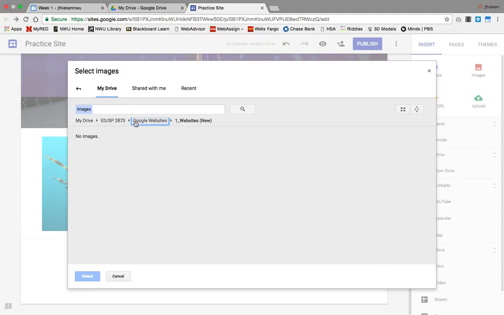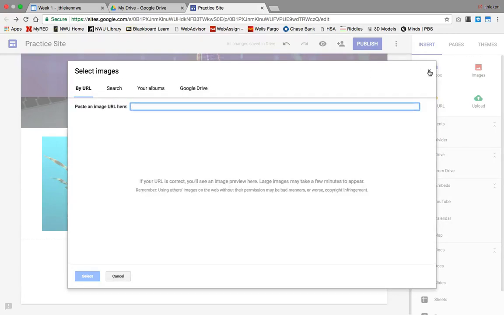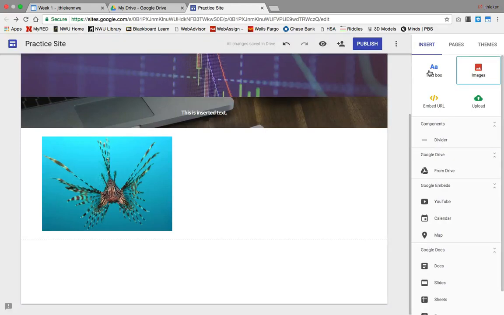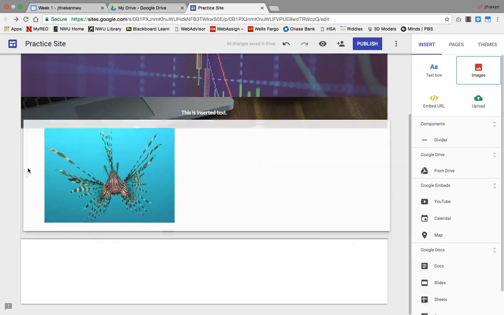I'll have to actually know what I'm looking for. But we insert them the same way. We just click on them, and they insert the same way. Now you'll see once we have images, it gave me a whole new text box. Same idea, I can change the background, I can delete it, I can move it. So if I wanted to move the text box,